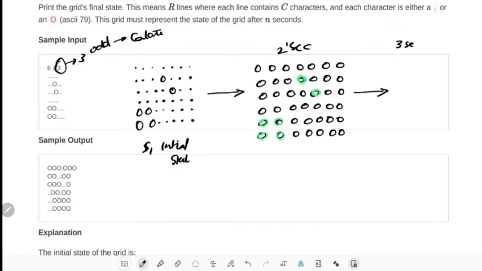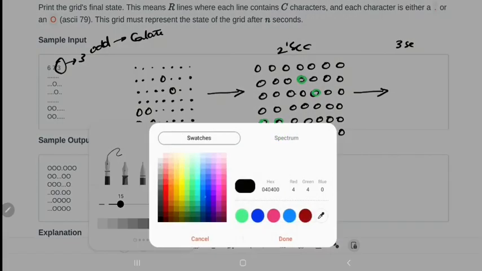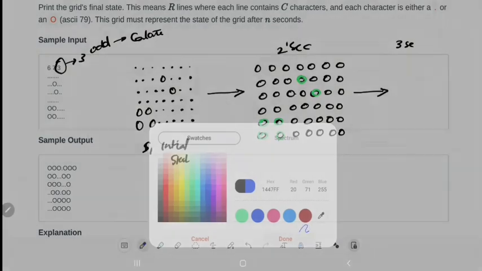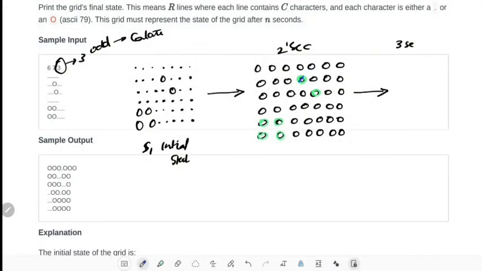If these 4 get detonated, then all their neighboring cells will also get destroyed. If this one gets detonated, all its neighbors will get destroyed. Okay, all these cells will get detonated.